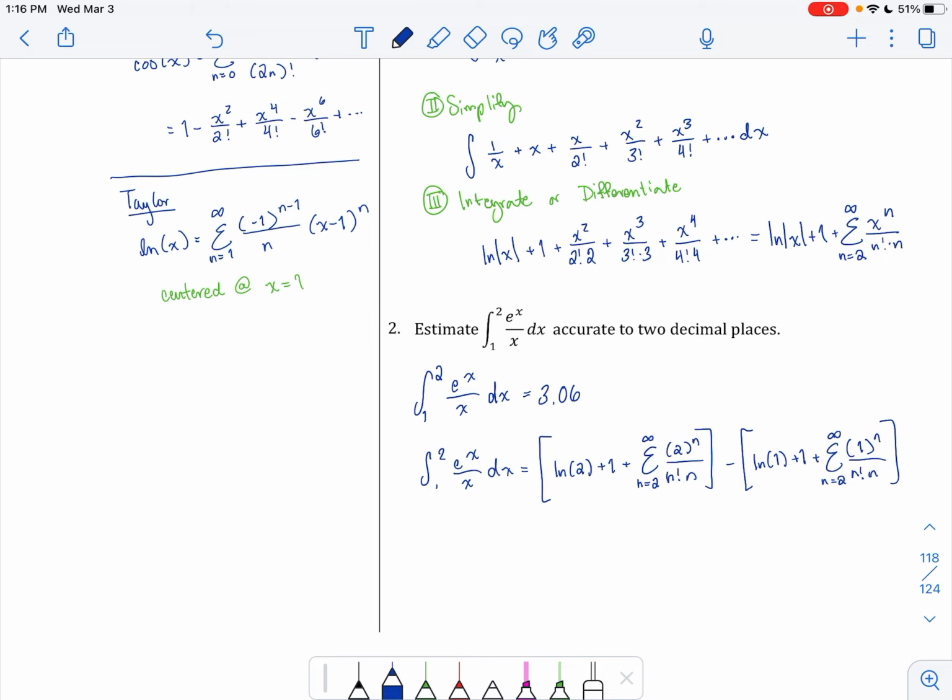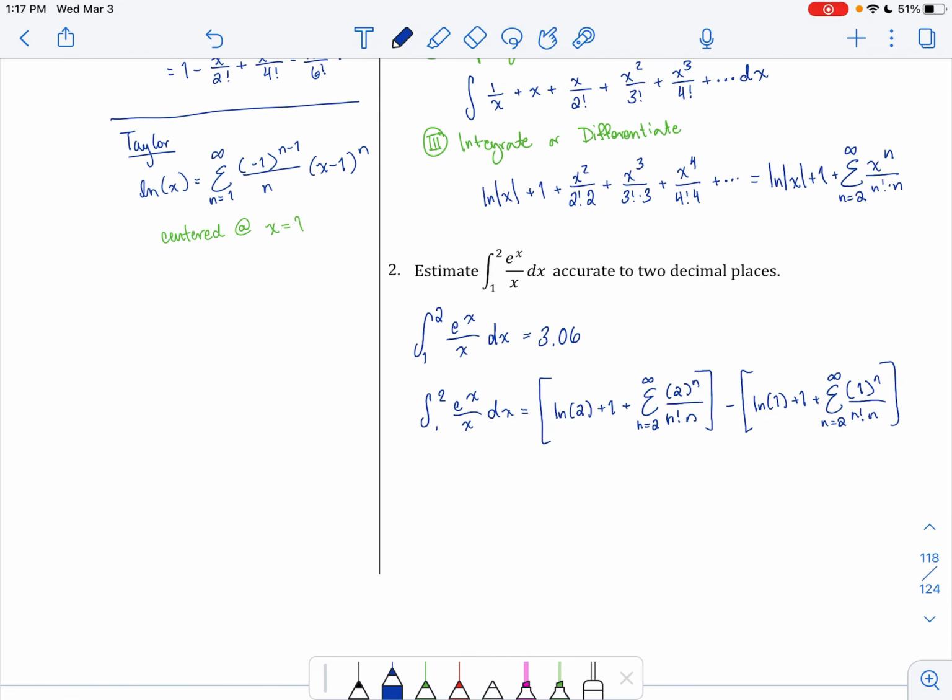So we're just plugging in that term to our functions here. And then what we will end up with is